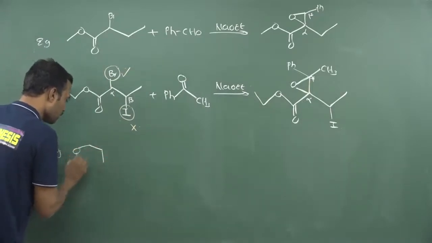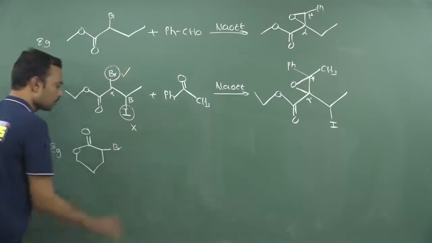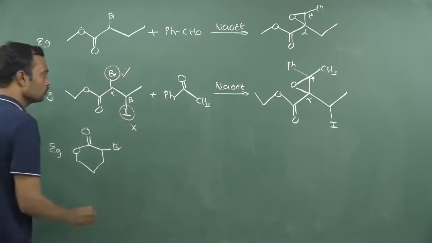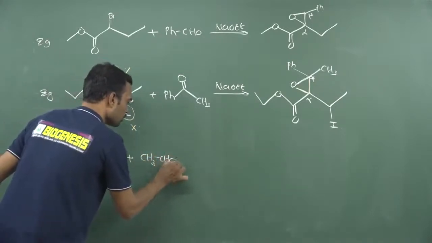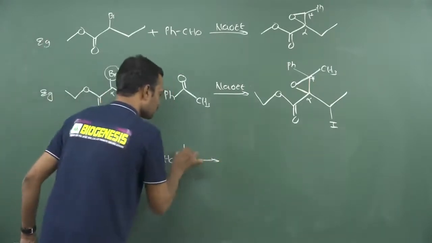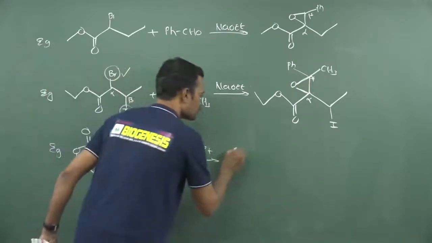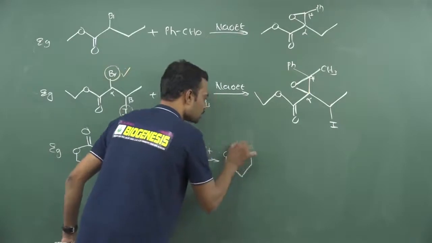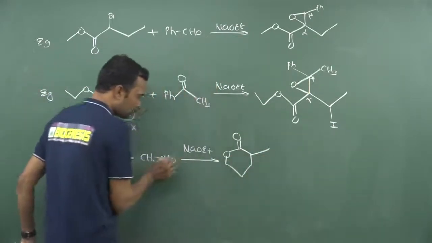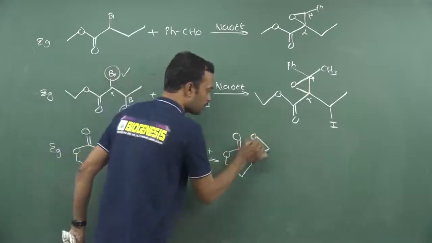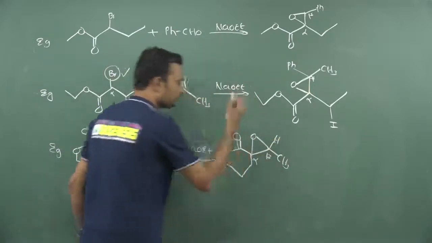See, this is even applicable for cyclic esters. This is a cyclic ester, a lactone, alpha halo carbonyl. Now this is going to react with CH3 C double bond O CH3. Now here what is the resultant answer? NaOEt. Now try to attack on this. See, first you write down the lactone as usual, the alpha carbon attacks this carbon, and here the epoxide, and this carbon carries methyl and here hydrogen, this is alpha, beta, that is the answer.